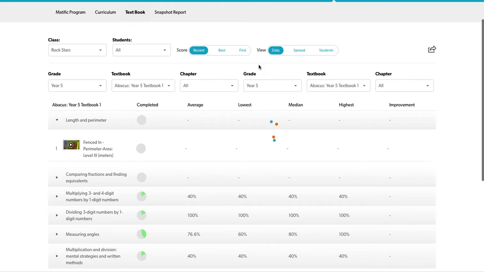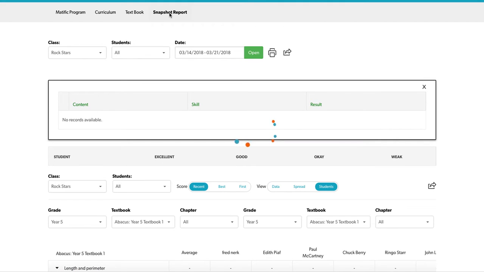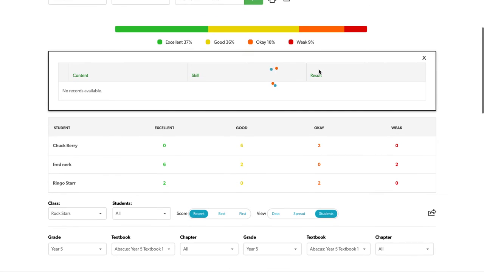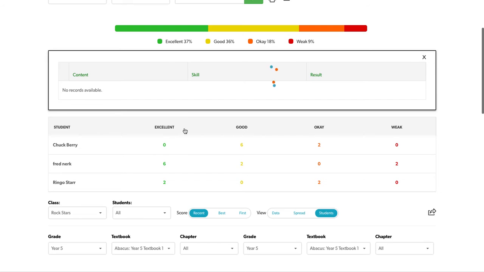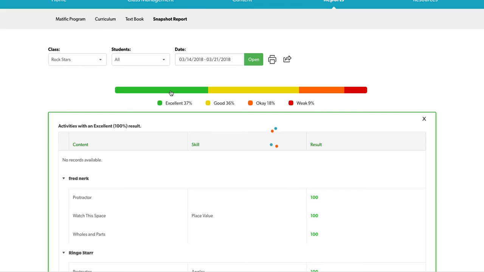This just happens to be broken down to one of the random textbooks here, but probably more useful is the snapshot report, which is a very, very useful report. We're just coming up now, and we can see some of the data that is available around the snapshot report, and we've shown before that you can see just exactly which students are progressing very well,